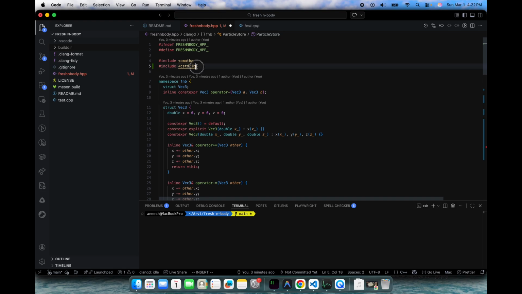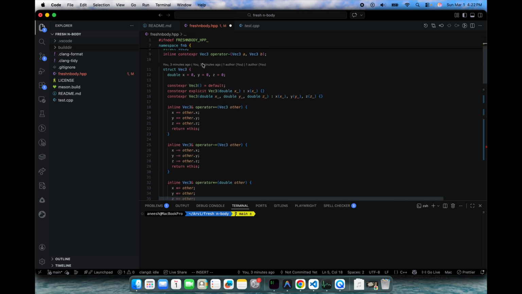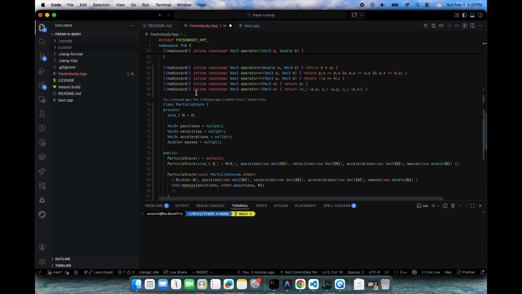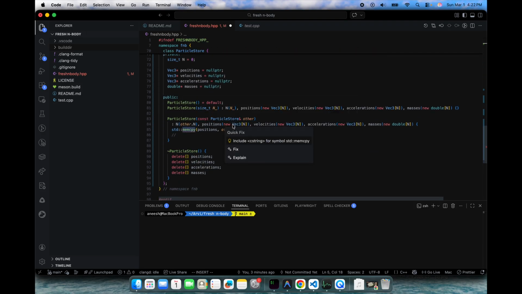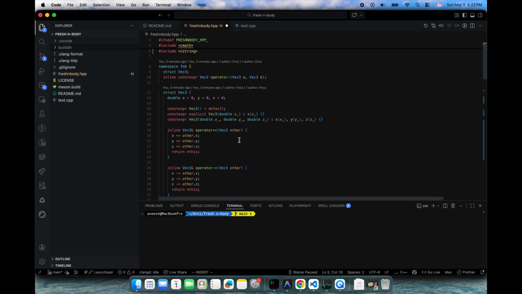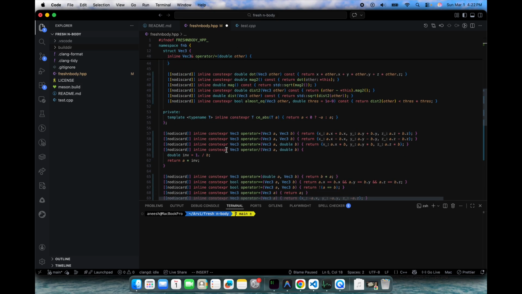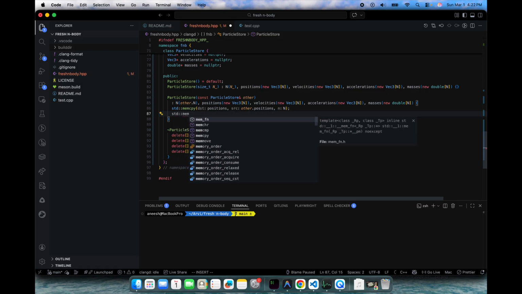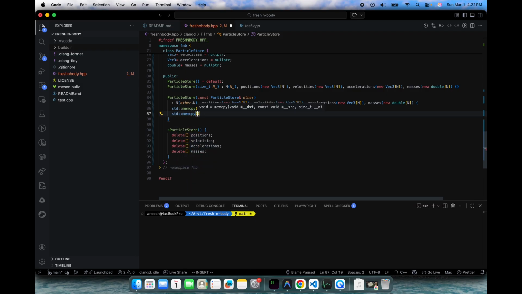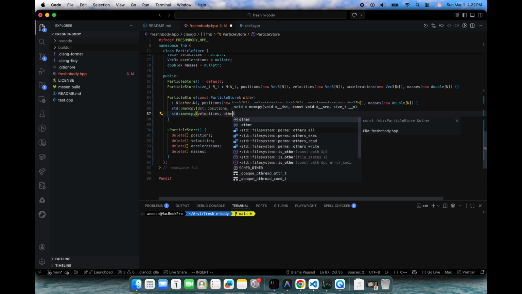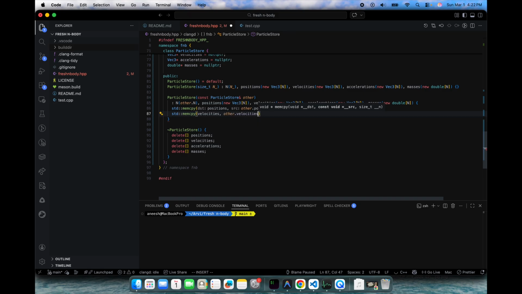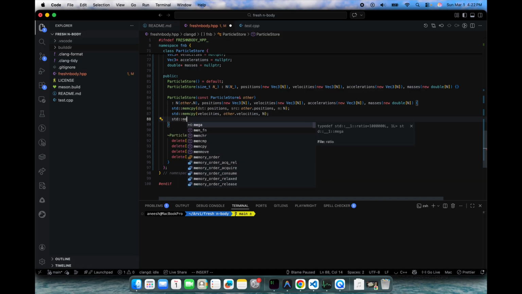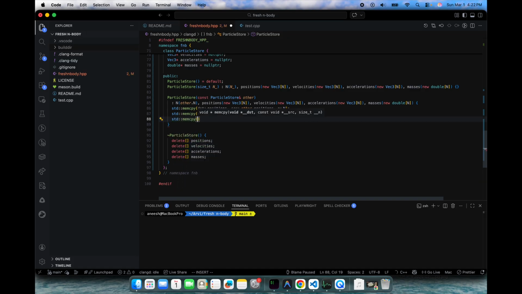Oh, C standard lib does not provide mem copy. What provides mem copy? C string. Why? Anyway, standard mem copy velocities, other dot velocities, and standard mem copy